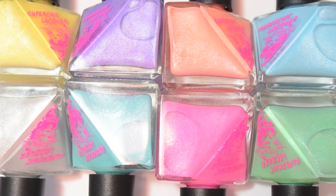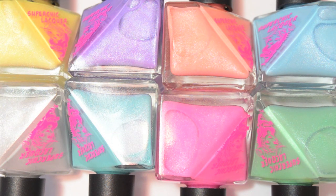Hey guys, so today I have swatches of the Superchic Lacquer Serendipity collection. There are 8 polishes in this collection. Aside from the gray, they are all neon pastels with a really cool kind of pearlescent sheen to them. Jen describes them as dewy day glow, and then there is also a linear holographic top coat in here, which